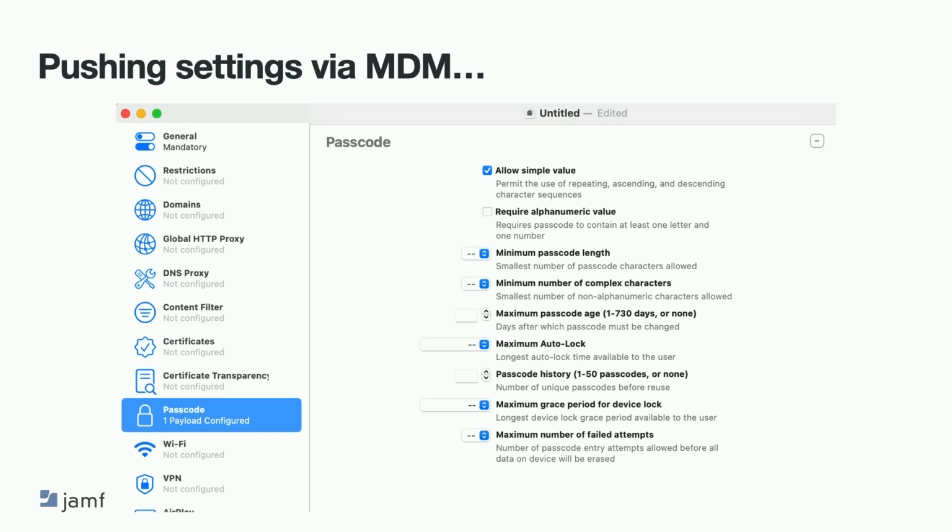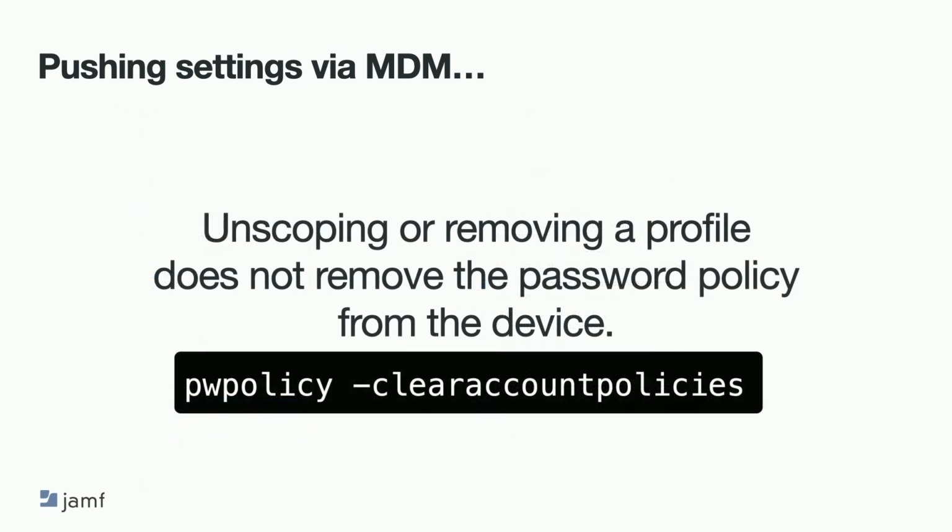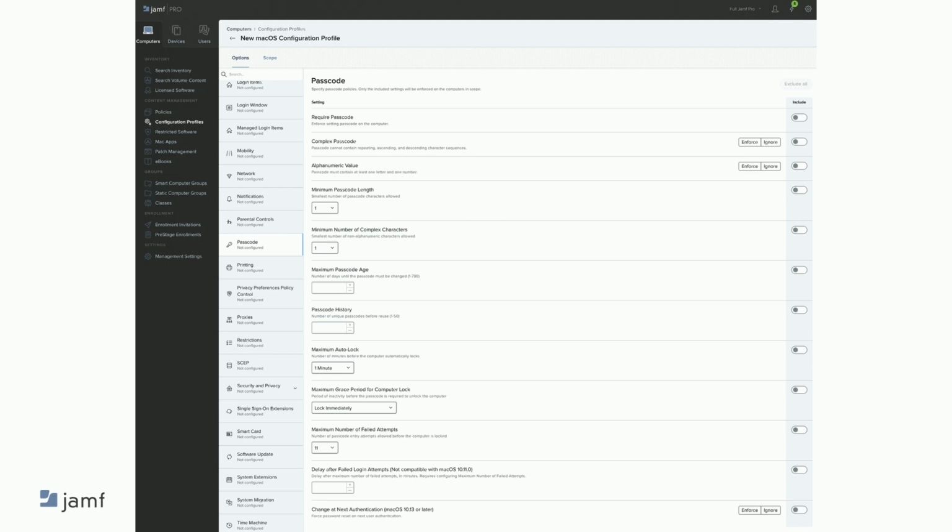If you apply an MDM setting with account policies on it, and you then just go in and unscope it, it does not take away the account policy from that user or that machine. Unscoping the profile does not necessarily clear the policy. You have to run the command to clear the account policies on the device for it to actually clear that out. And there are 1.5 billion payloads that contain things that might need to be cleared with this clear account policies command. So if you go into Jamf Pro, a little MDM that some people have used in the past,